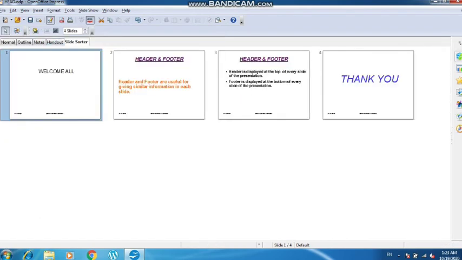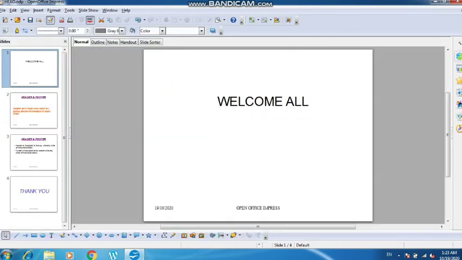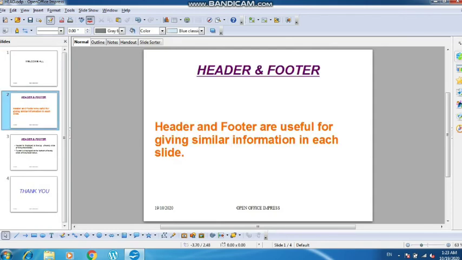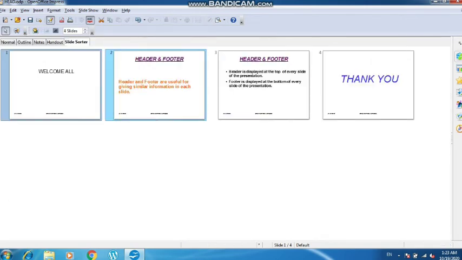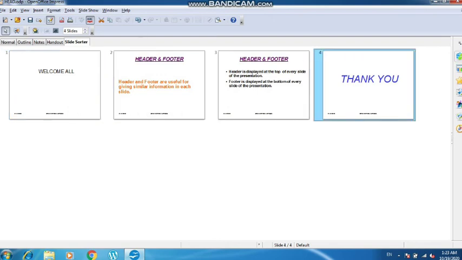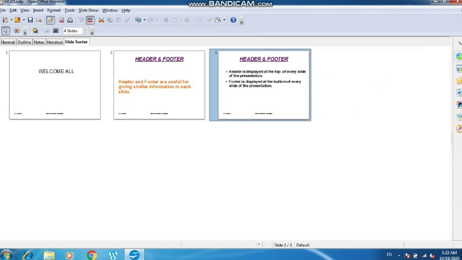So this is how you can rearrange the slides as well, and it's so easy. Just go to the slide sorter view and rearrange it. And if you want to delete it, you can just select it. Just go here, select this and do a right click and delete slide. So this is how delete slide works. Alright.